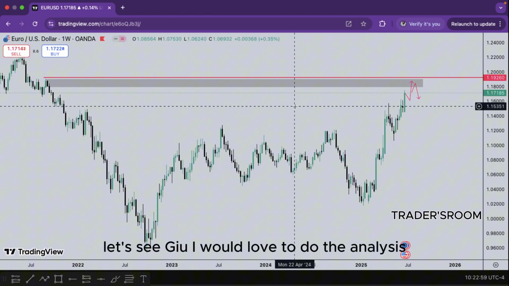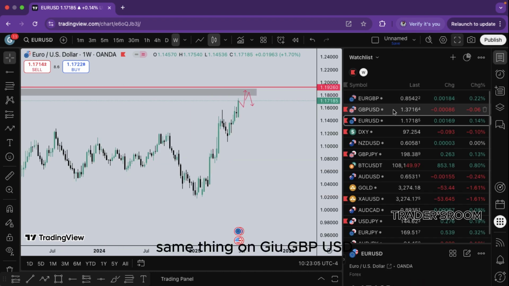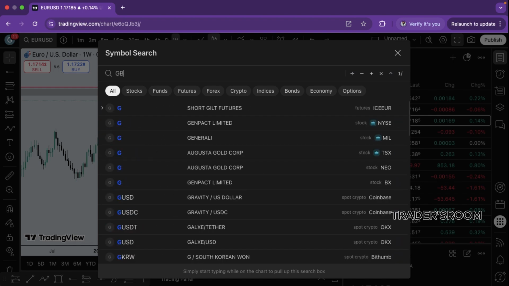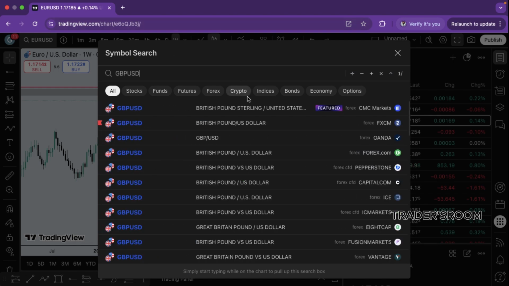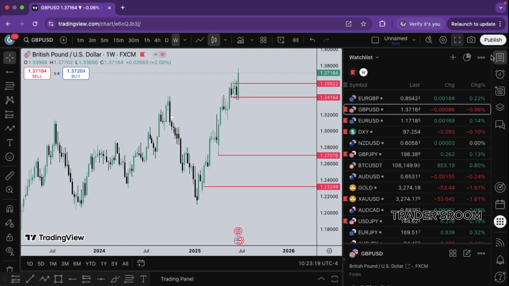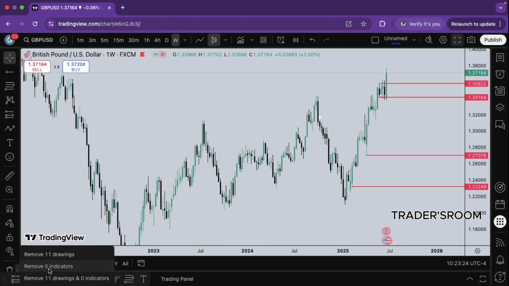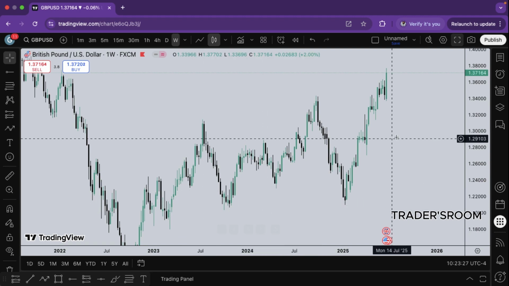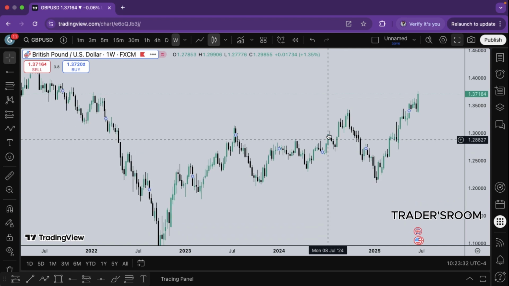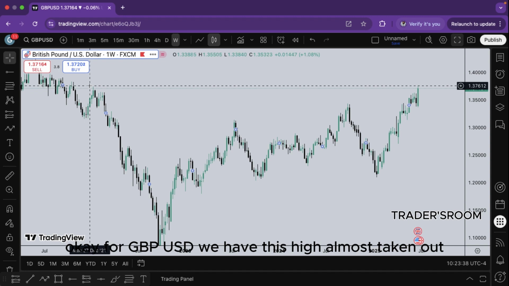Let's see GU. I would love to do the analysis. Same thing on GU, GBP/USD. Okay, for GBP/USD, we have this high almost taken out,